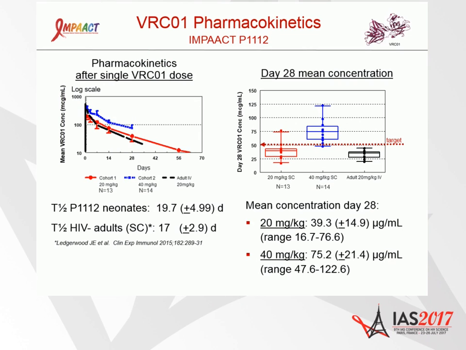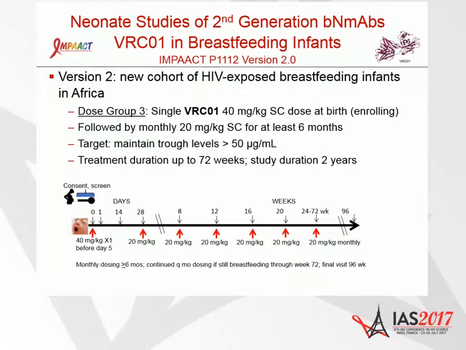And if you look at the day 28 mean concentration, while the 20 milligram per kilogram group did not meet the target of 50, the 40 milligram per kilogram group clearly did, with a mean of 75 micrograms per ml at day 28. So now a new cohort of breastfeeding infants in Africa is being enrolled,